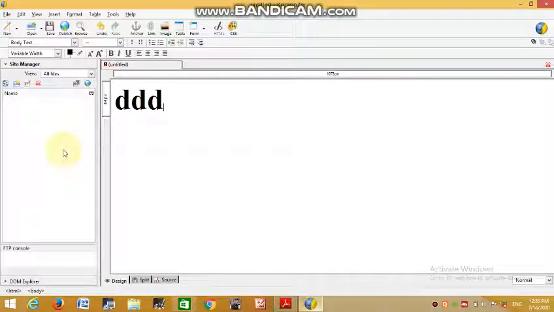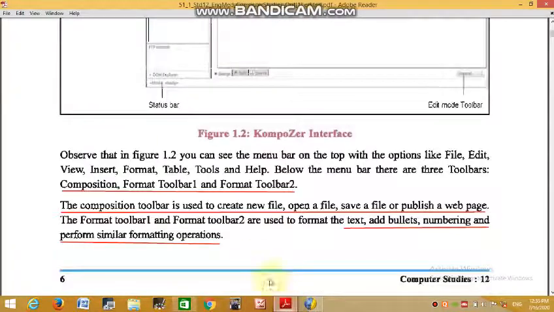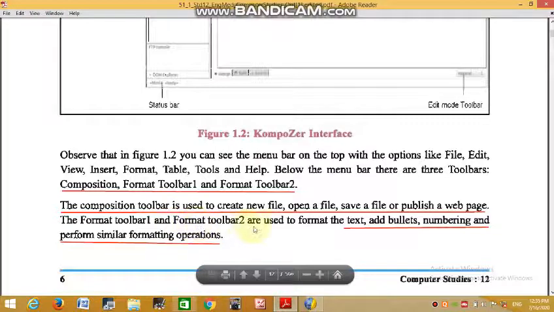See, new, open, save, publish, undo, redo. Format toolbar 1 and 2 are used to format the text, add bullets, numbering and perform similar formatting operations.